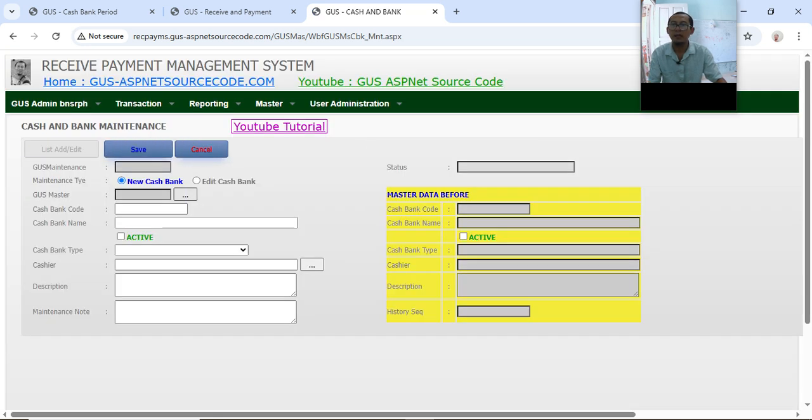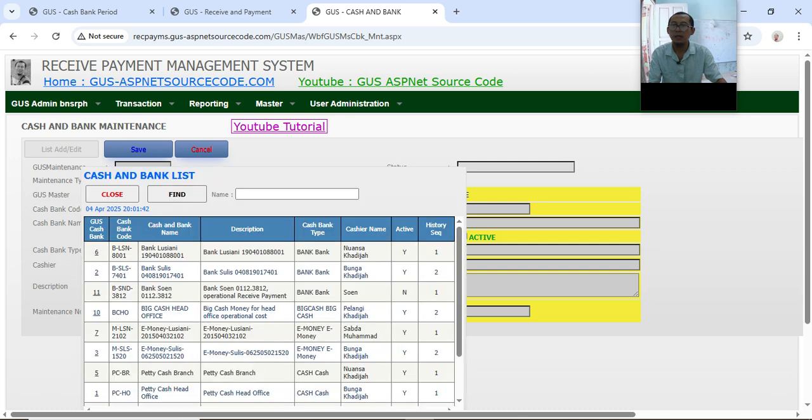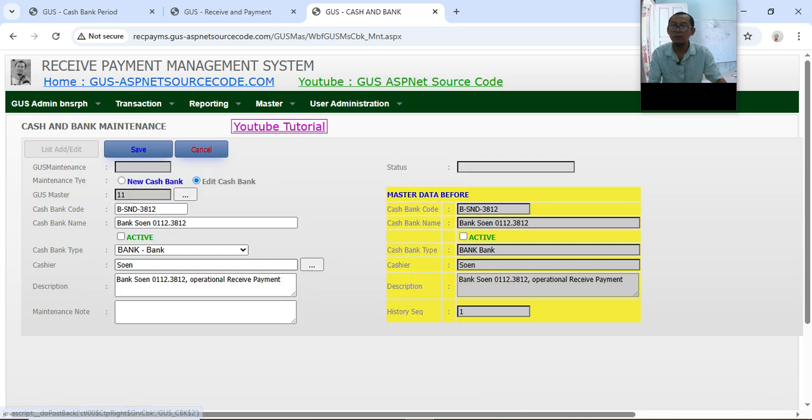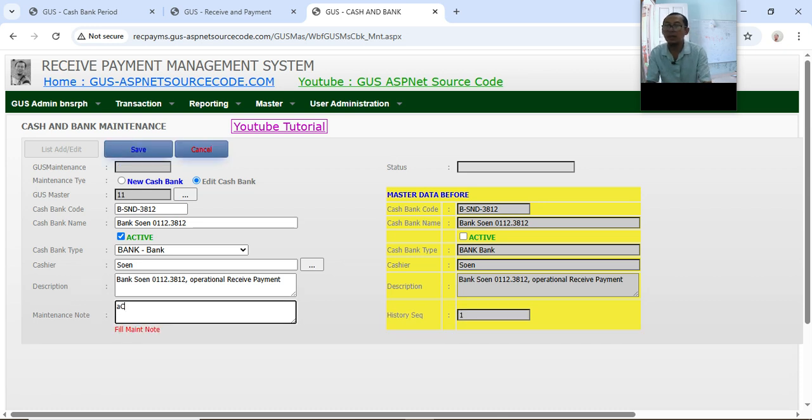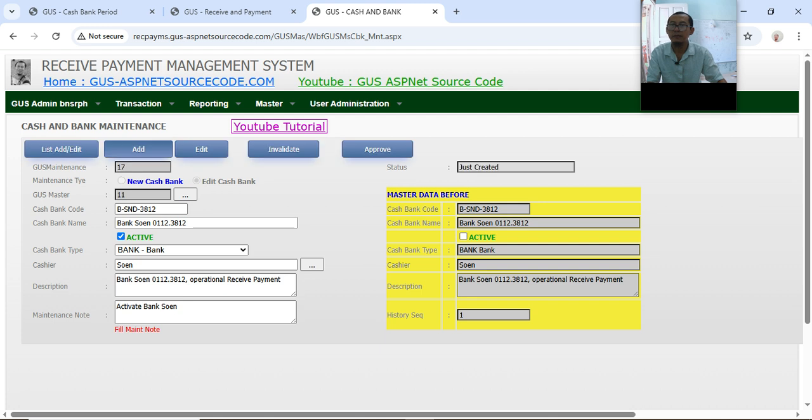Add, edit cash bank. Our Bank Sun, active. I'm sorry, I have to fill it in: activate Bank Sun. Save. Now approve.